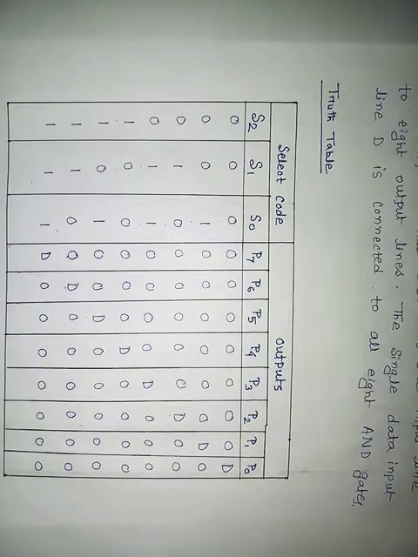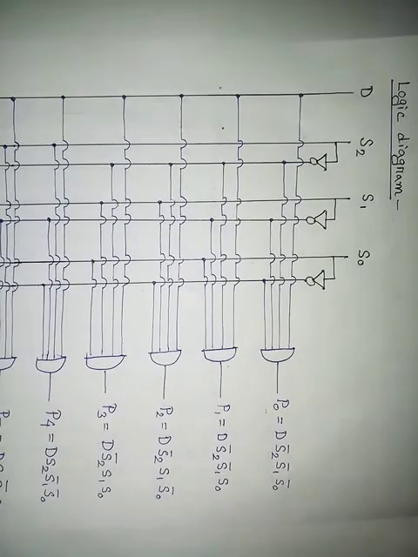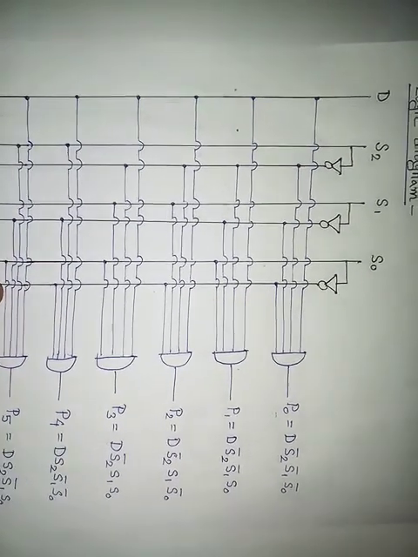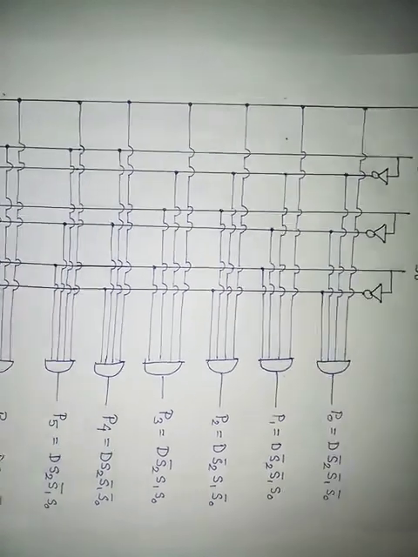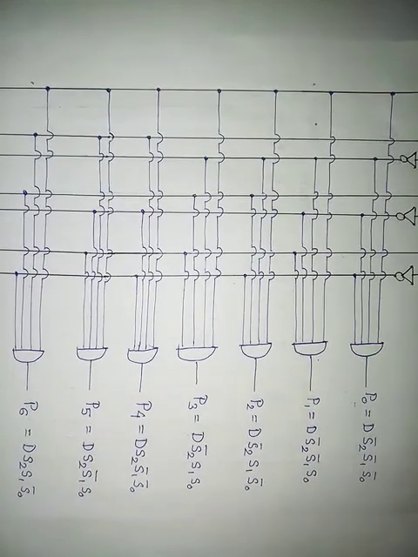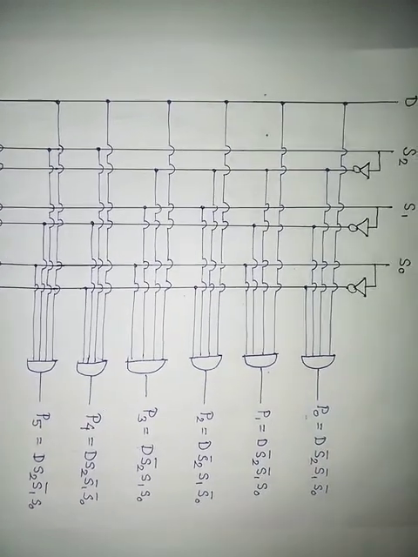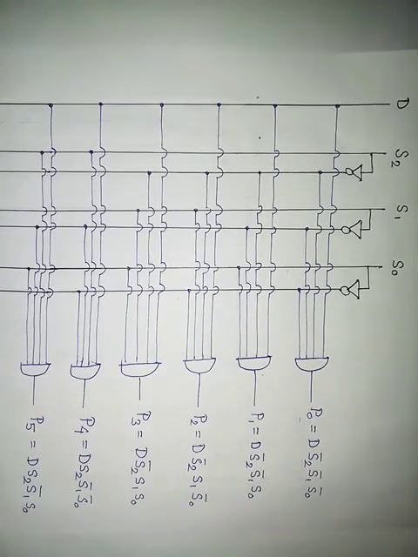Coming to its logic diagram, see, in the logic diagram we are creating data common line and creating S2, S1, S0. One is a real line and another is an inverted line using NOT gate. Now see, for P0 we know that for P0 answer is 0. And here data in all 8 combinations is common. You first of all remember it, data is a common line, so we are not focusing on data.